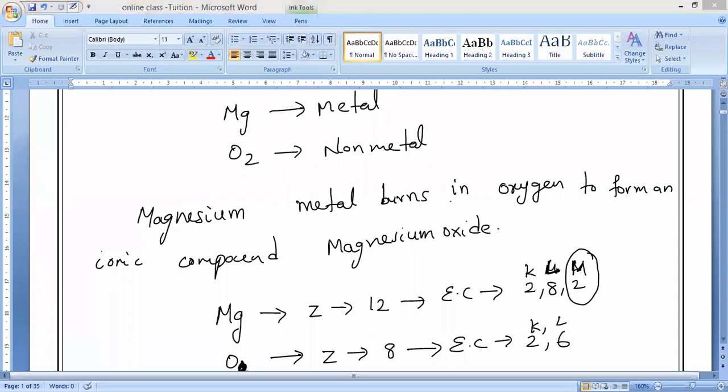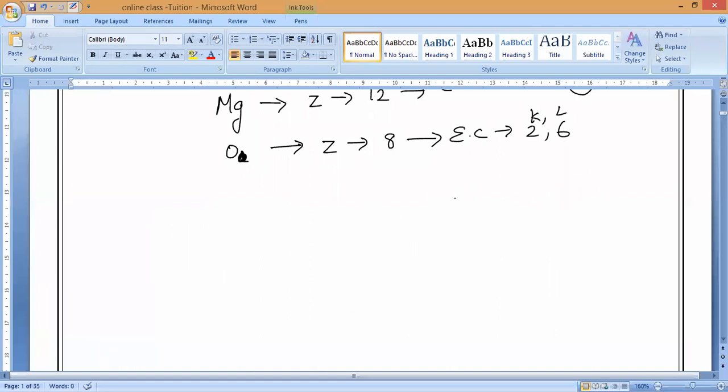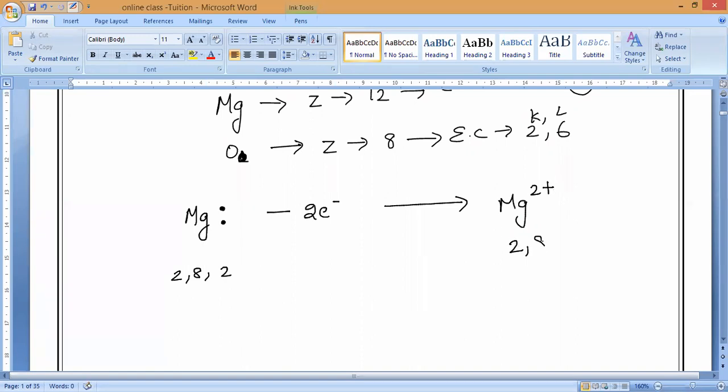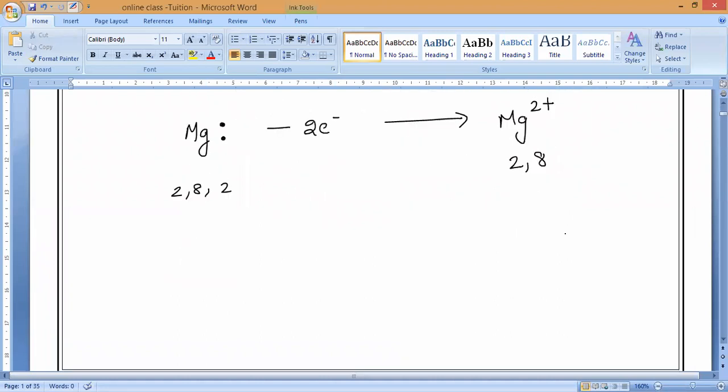Kevin? Yes. Now, as you know, the magnesium electron dot structure, can anybody say? How many electrons does magnesium have? Two electrons in the valence shell, correct? So 2, 8, 2. Is it losing or gaining, Arvind? It loses the electrons, correct? So it becomes magnesium 2 plus. Clear? So what is the electronic configuration? 2, 8. Yes or no?